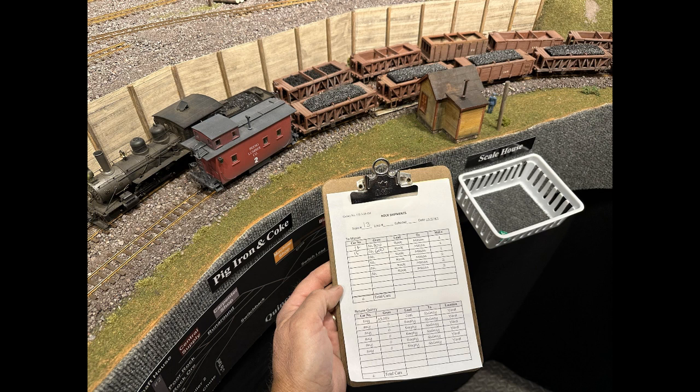So the way the scale works here is the scale is actually a dummy scale, but in that basket that's attached to the fascia, there's a dice. And when you leave Quincy, you're given a list of your train and how many cars you have. And what you do is you stop each car on the scale and you roll the dice, and whatever number is on that dice, that's the hundredths of pounds. So for example, you might have